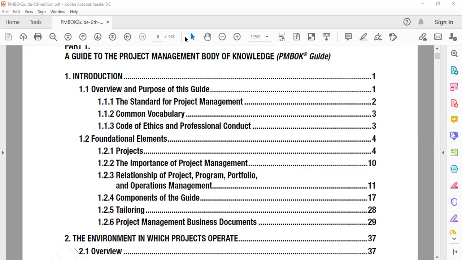Then we said that while you are working on projects, you have to show the code of ethics. You have to follow the code of ethics and professional conduct, which says that as a project manager, I have to own every responsibility, because I am the ultimate accountable and ultimate responsible. I have to respect every gender, human, and religion. I have to show fairness in my decision making without favoritism or nepotism, and I have to show honesty throughout the project, even if it is to my loss.